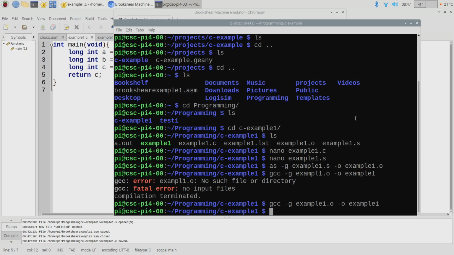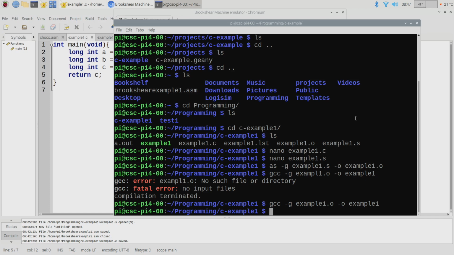In this case, we didn't need to, because we're not using any libraries, but in the future we certainly will. And again, the -g does debugging stuff.